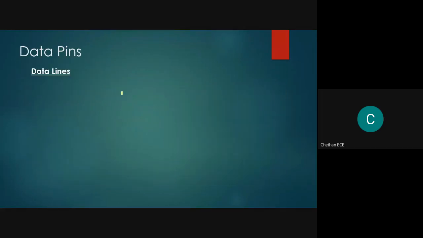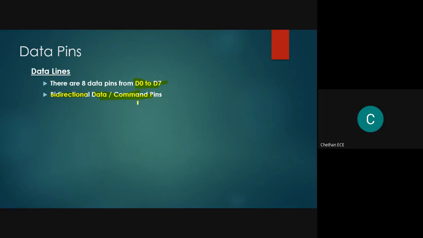Then how do your data lines work? There are 8 data pins available, D0 to D7, in our LCD. These D0 to D7 accept both the command as well as the data. Since we can send the data and command through the same data pin, we can call this data pin a bidirectional data pin. D0 to D7 is not a unidirectional pin. It works as a bidirectional data pin.